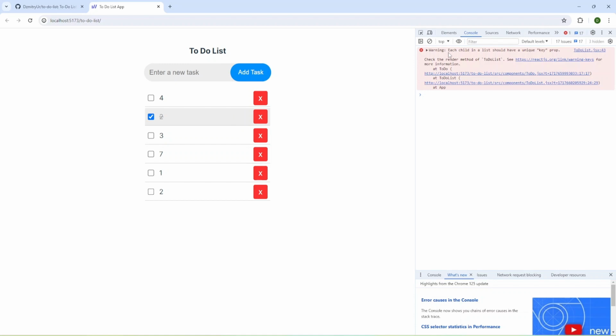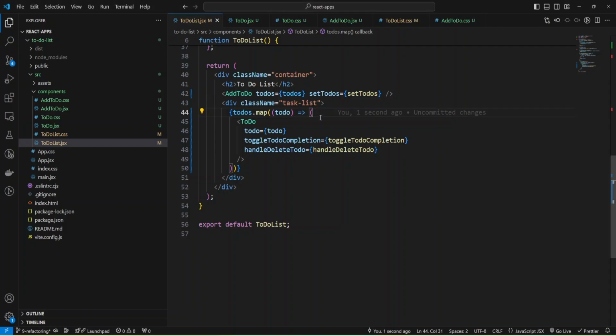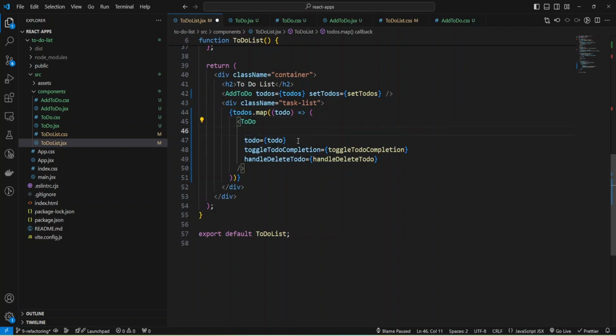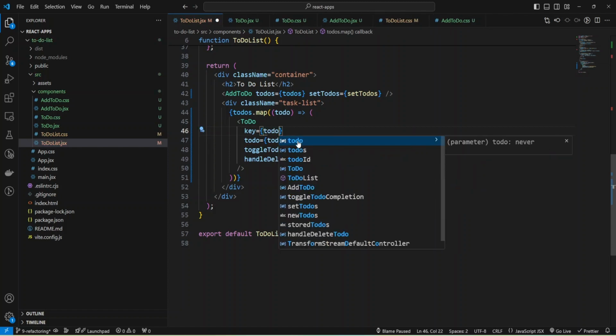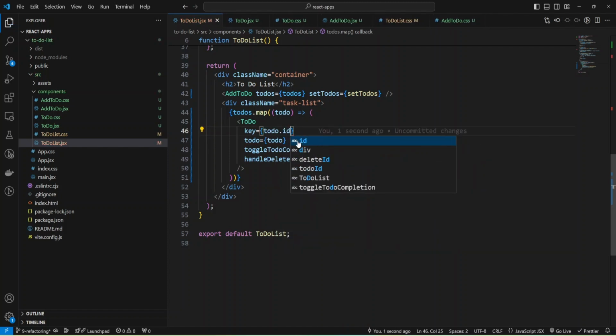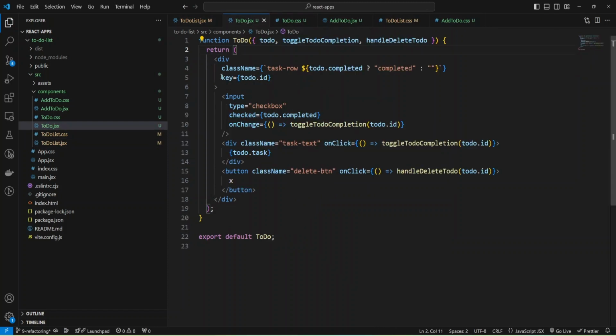And we have a warning: each child in a list should have a unique key, and that's because we need to add key to our todo. Just provide key, and it will be our todo ID, todo.id, and we can remove key from this div.